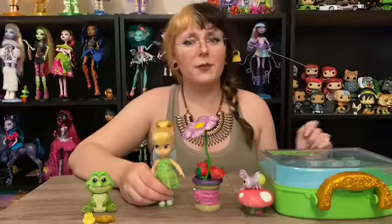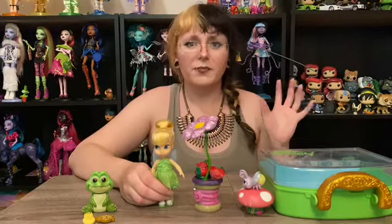But again, I wasn't going to buy Rapunzel and then not buy the iconic Flynn Rider, who is arguably the Disney prince with the most personality. So he was a must-have. I don't really care about his outfit flaws. He's perfect to me. Moving away from the classic Disney dolls, the rest of my collection is going to be